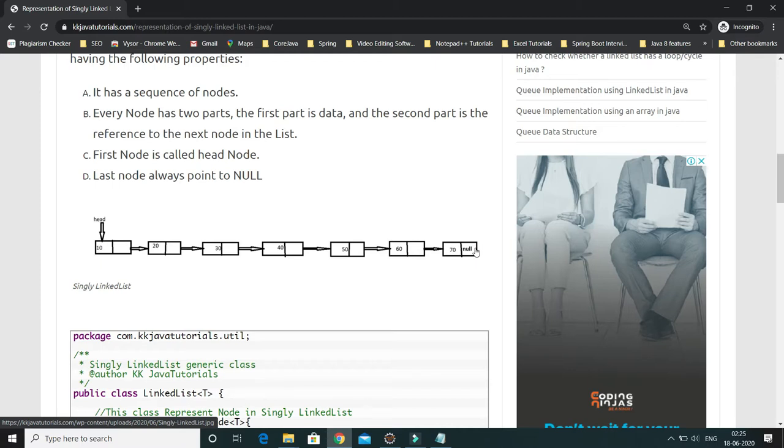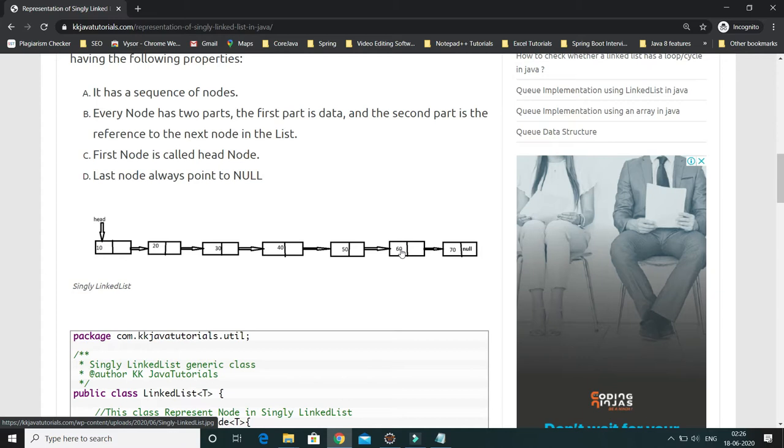In that case we will return null if I try to find whether some node value is available in the linked list or not. Let's say I'm passing some value and trying to search in this linked list, so whatever search key you are passing,